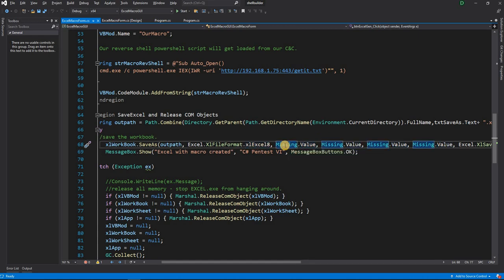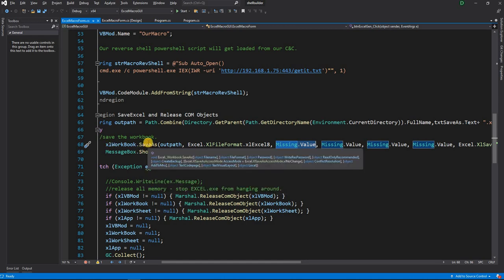If you are not using something, there was an option for me to pass Missing.Value. It's from the Reflection class. This Missing.Value will replace the exact nil or null value behind the scenes